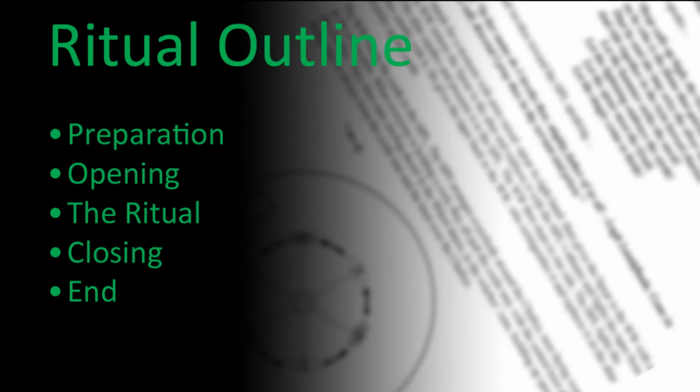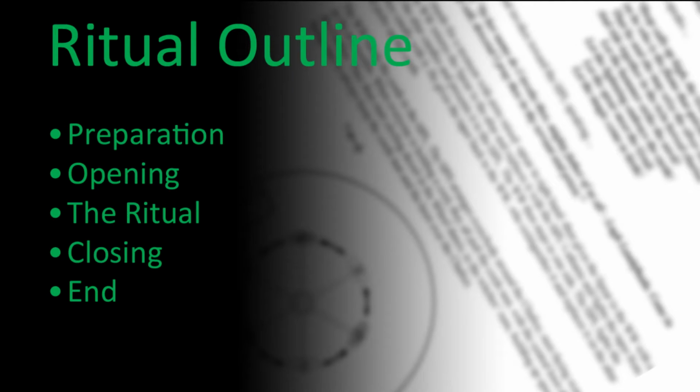And next, the ritual outline. We want to have preparation before the ritual. What are you going to need? What are you going to bring to it? Make sure you have everything in one spot when you go to the location, so that you have all of the elements that you need. You have the water, you have the salt, you have the incense, you have the props, you have the scripts. Bring extra scripts.